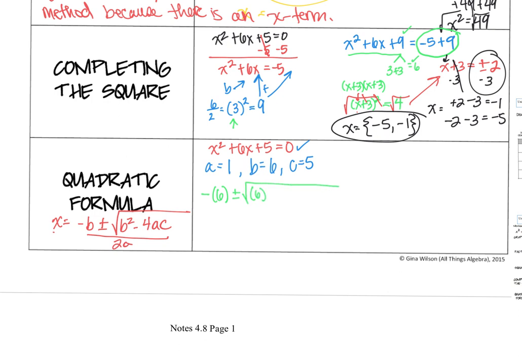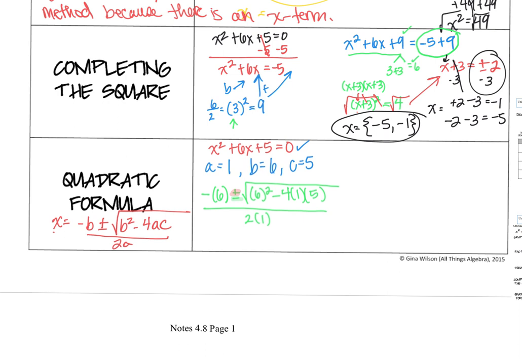In parentheses we have 6 squared minus 4 times 1 for a, 5 for c. All of this is over 2 times 1. Now, if you're using your Casio, you'll just have to type it all in like this, and one time you would use, right here, the plus sign on your calculator, and then you would go back through and change it to the minus sign, since there really isn't a plus or minus